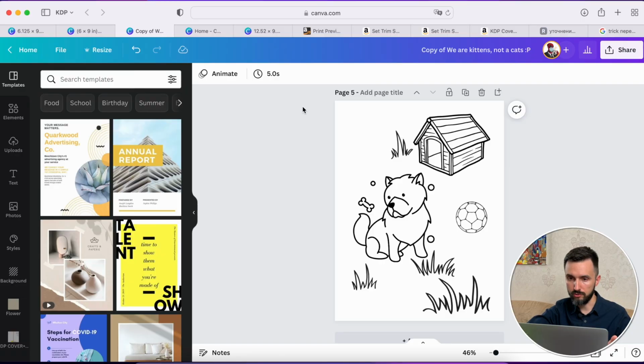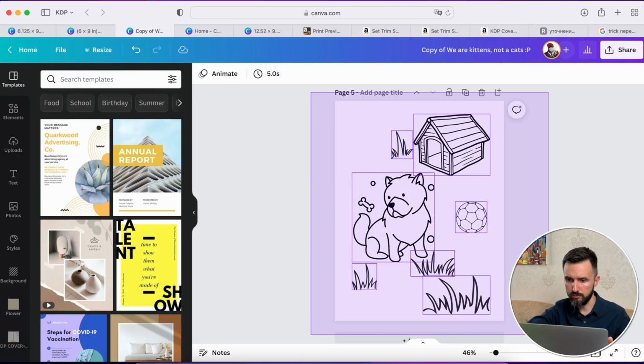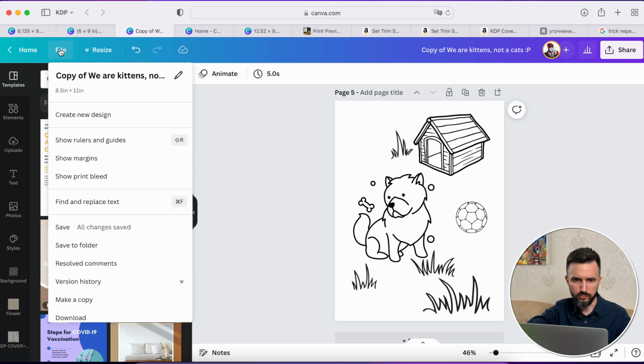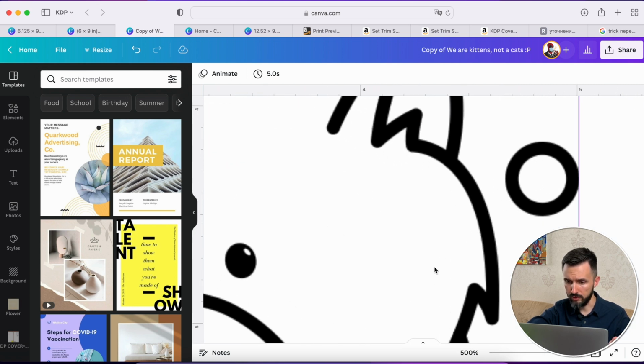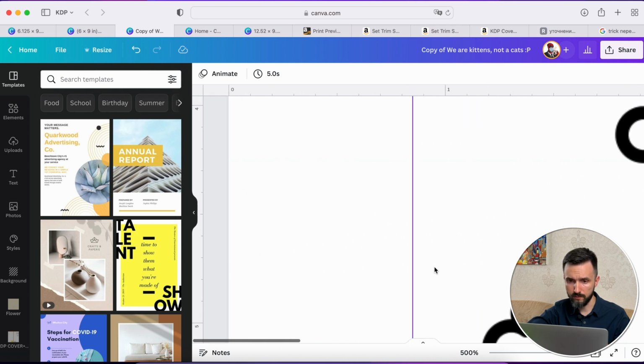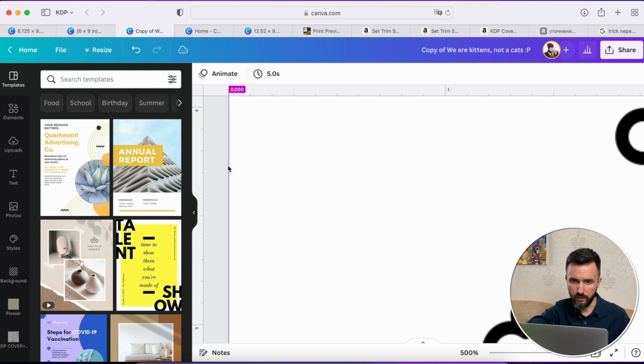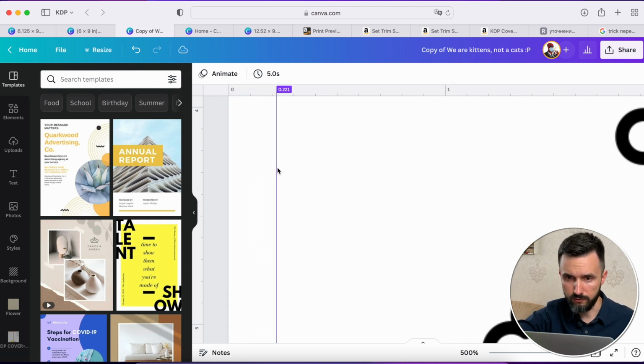When you have created your page, no matter if it's empty or full, go to File and click on Show rules and guides. Now, as you can see, there are measurements from the above and from the left side. So let's add our margins. Increase to 500%, grab from this side and add 0.375.